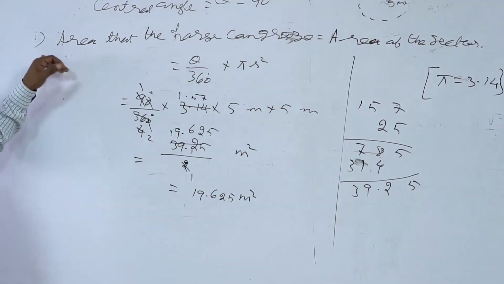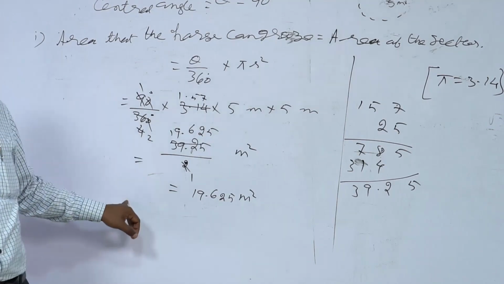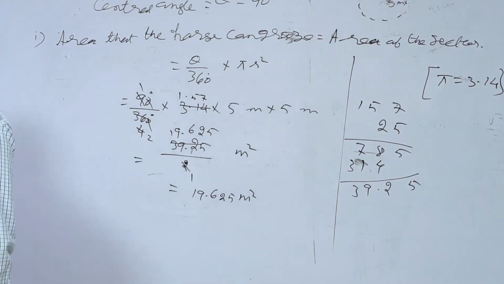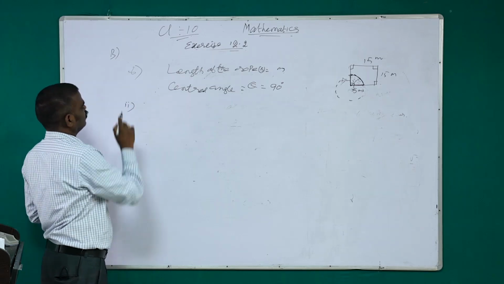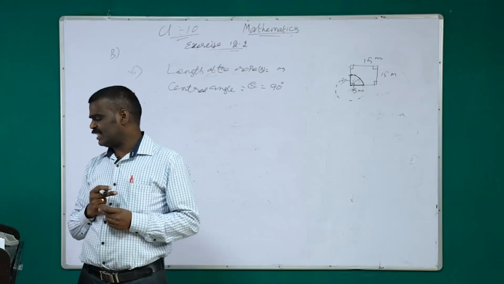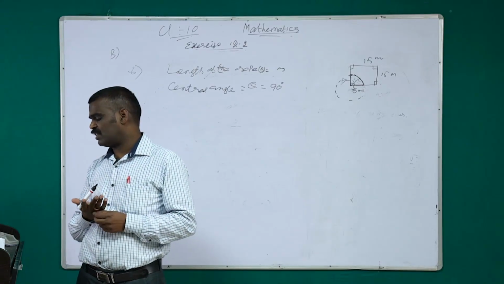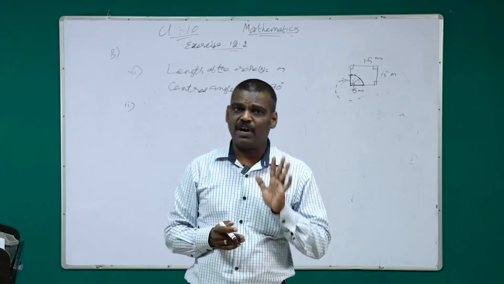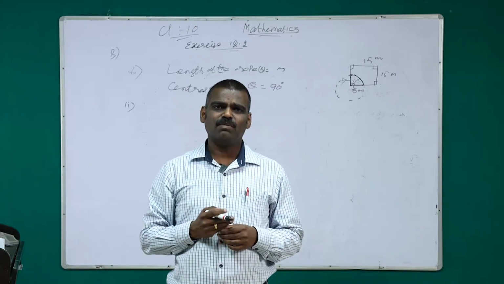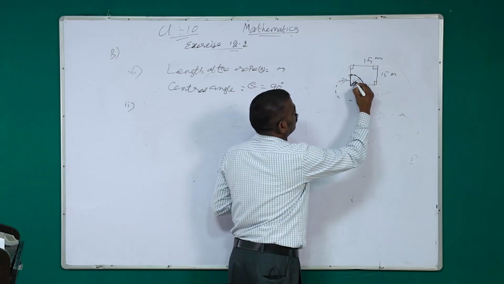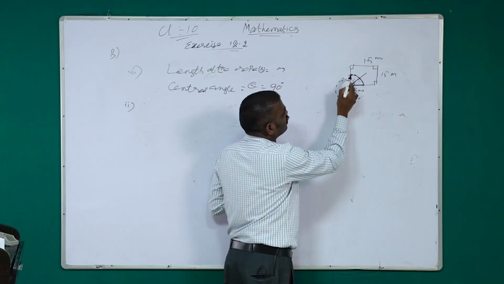Okay, children? So, question number 1 is over. We have one more question in the same question. So, please complete first quickly. Question number 2 asks for the increase in the grazing area if the rope were 10 meter long instead of 5 meter. Earlier it was a 5 meter long rope, now it has become how many meter? 10 meter. That means the length of the rope is a little longer.